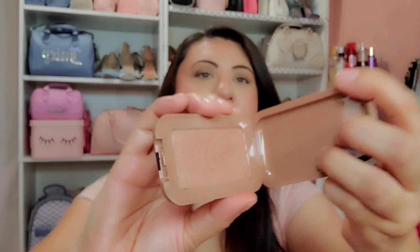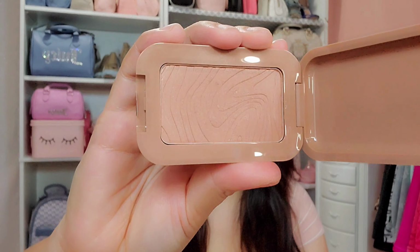Then the other thing that I ended up trying were the NYX Butter Melt Bronzers. So I got this one right here, in the color All Buttered Up, which I actually really liked. The formula is super creamy, and it actually is very pigmented. Now, the only thing that I would say about this one is that